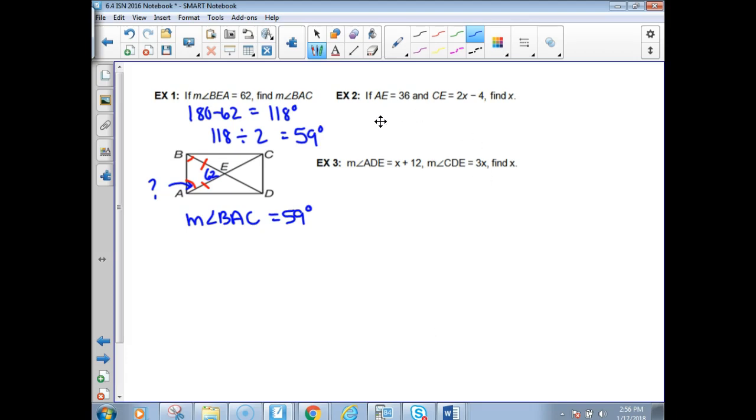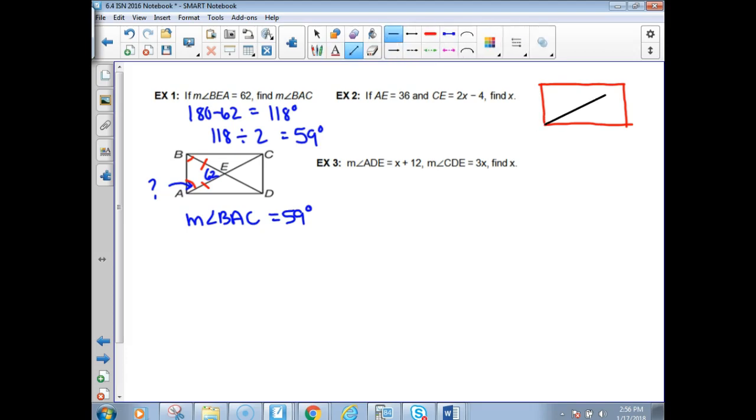Okay, example 2 has got to do with something else. It's not angles. So if you would prefer to have a separate picture for that, then you can redraw the diagram. I'm going to try to do that fairly quickly. Okay, I'm going to label it BCDA,